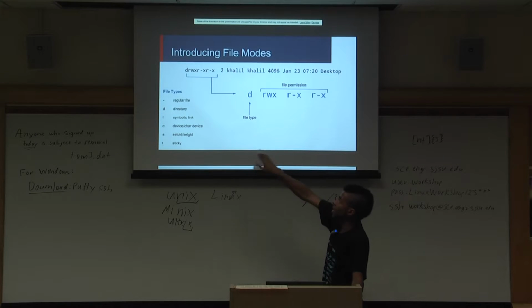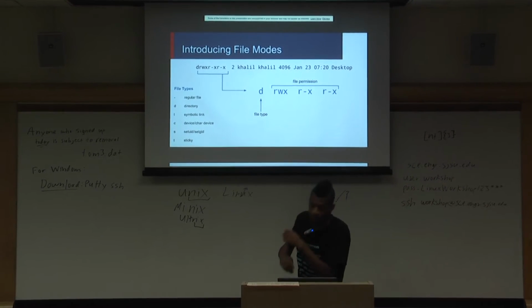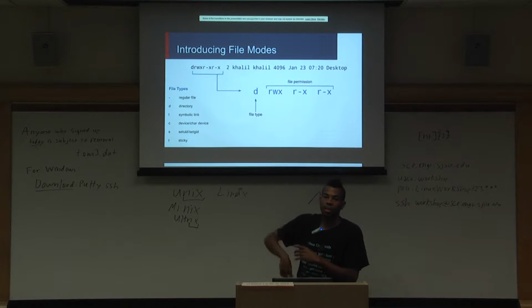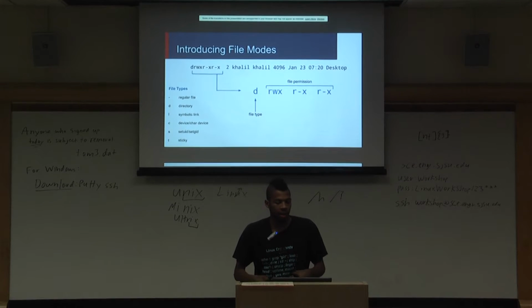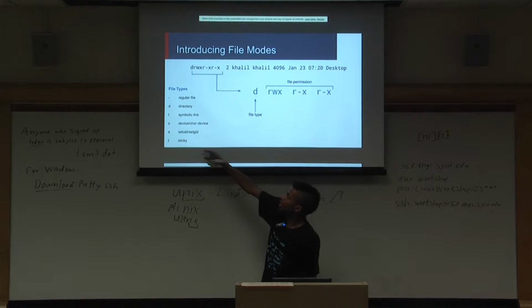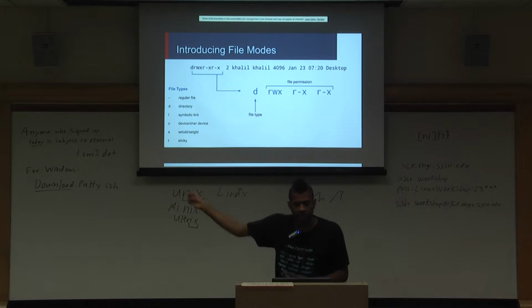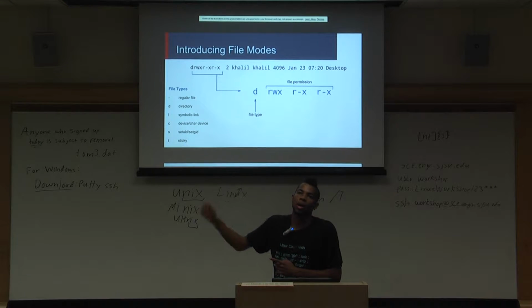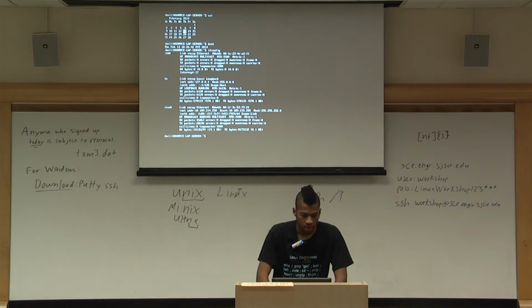And for the file types, if it's just a dash, like as you can see in between the R and the X, there's a little dash there. If there's the same dash instead of the D, it means it's just a regular file. If it's an L, it means a symbolic link. A symbolic link is just like a shortcut in Windows, except a little bit different, but I won't go into that here. A C is a character device. And then there's the really weird ones, set user ID and set group ID, and then there's sticky. Those ones are a bit particular. S is usually used, I've actually seen S used in programming to elevate permissions, and T also is used when you elevate permissions. I believe ping is sticky, because otherwise,